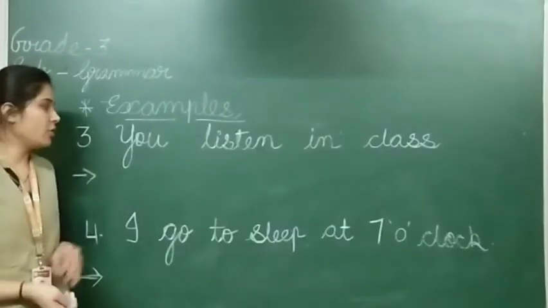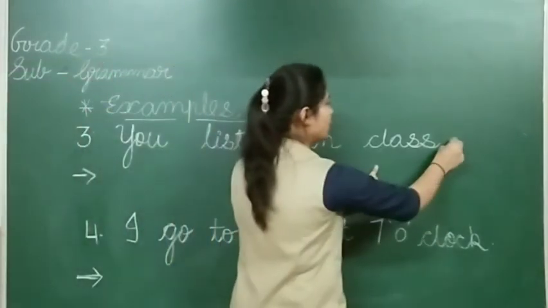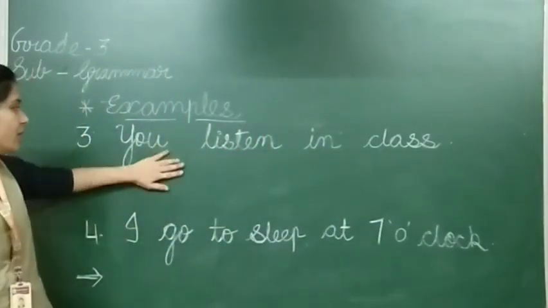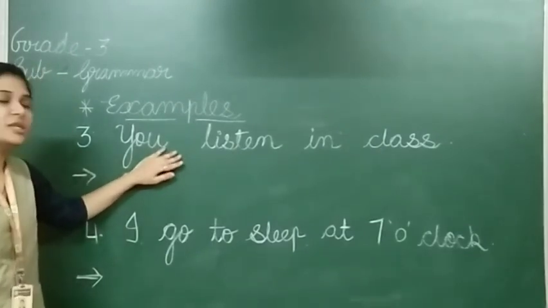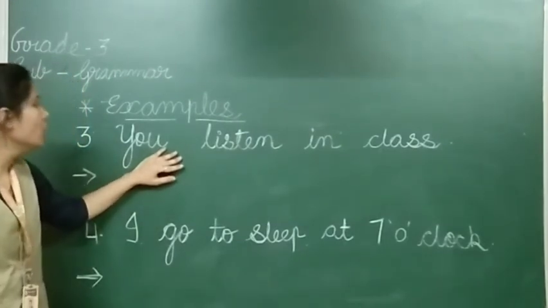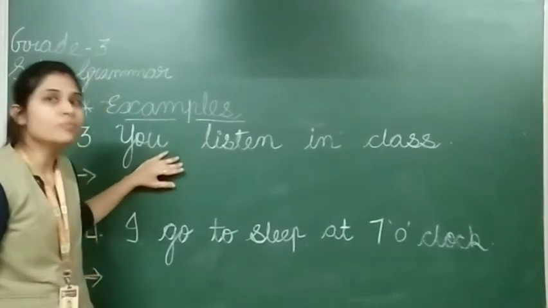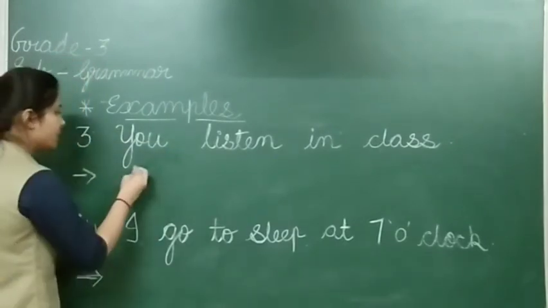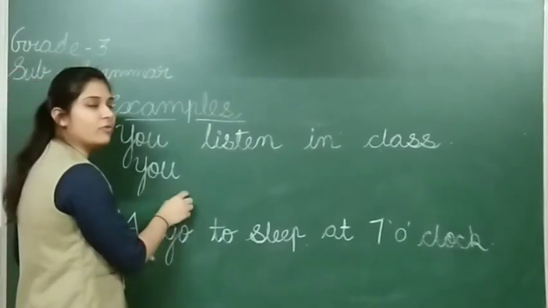Okay. Here our next example is you listen in class. You listen in class means now first recognize that first word is you. Here it is singular or plural? Here it is in plural, right? अब ये कौन सा फॉर्म में है? प्लूरल फॉर्म में है. So for plural what I have told you, what was the structure for plural noun? When plural given is to us, we have to start with same as it is means plural का plural form लिखना है हमें.